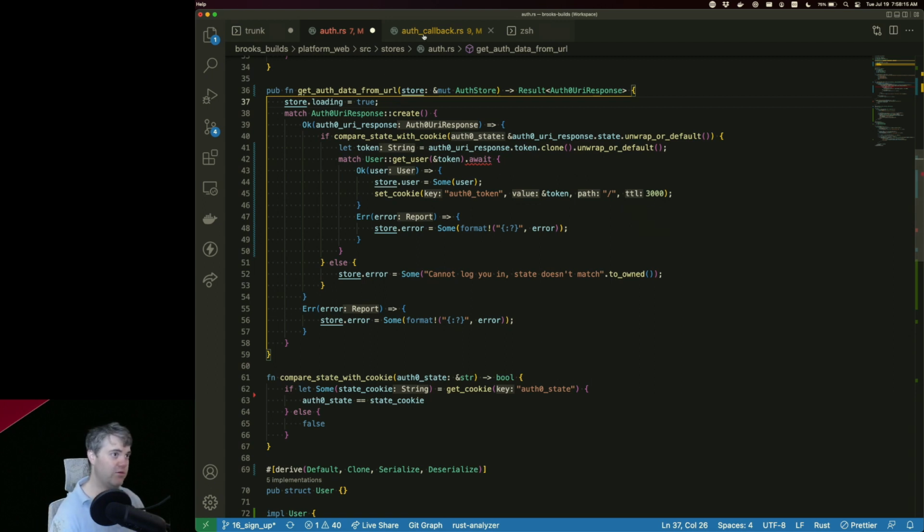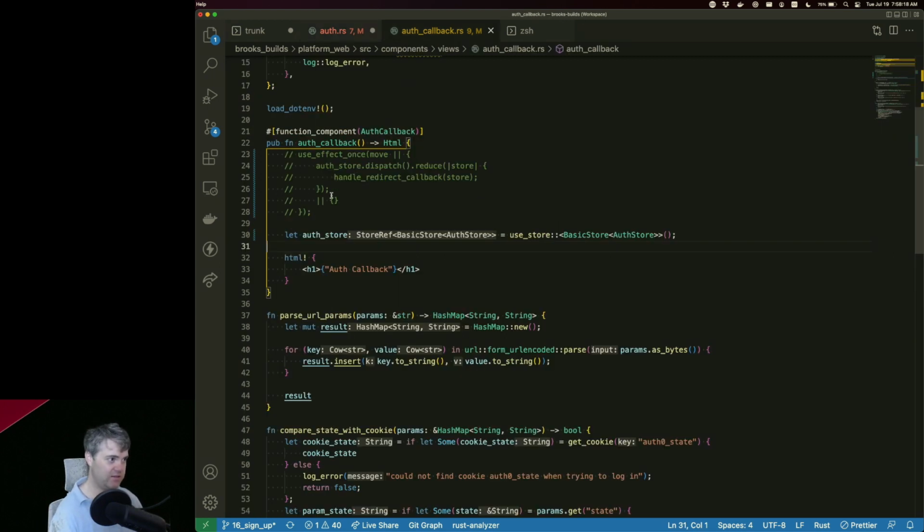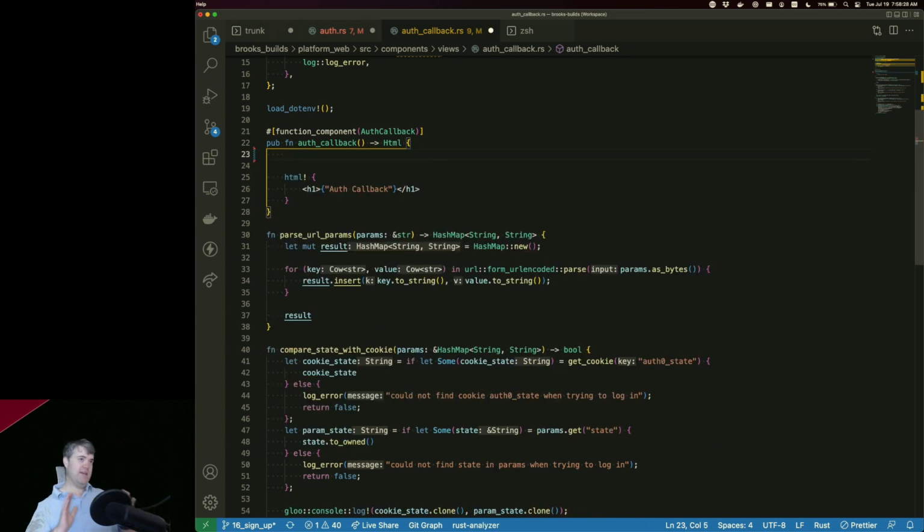Okay, so then here, from top to bottom, what's going to happen is I want to get the auth URI response from that. That's going to come in, with an error, which we want to handle.